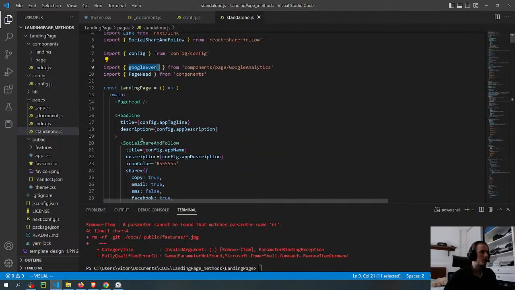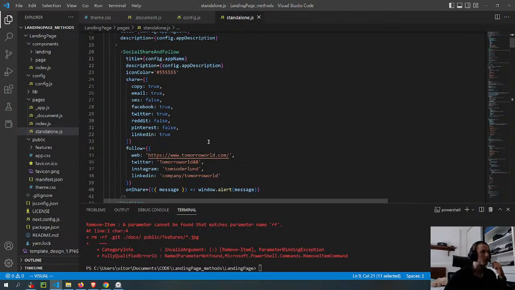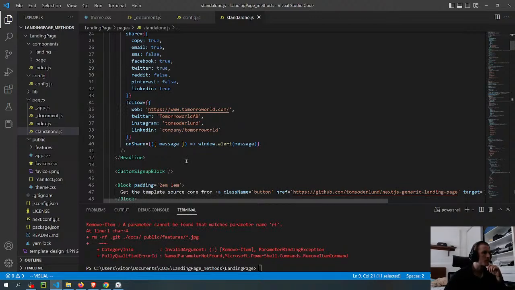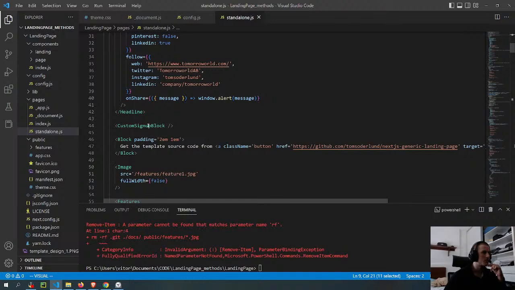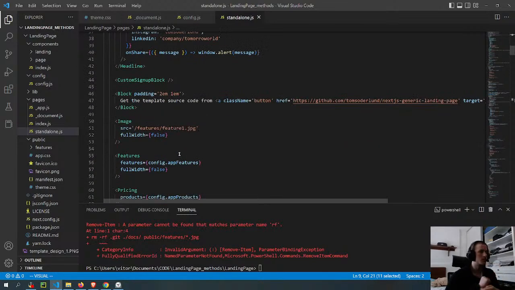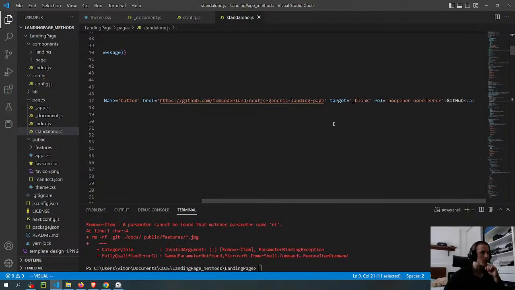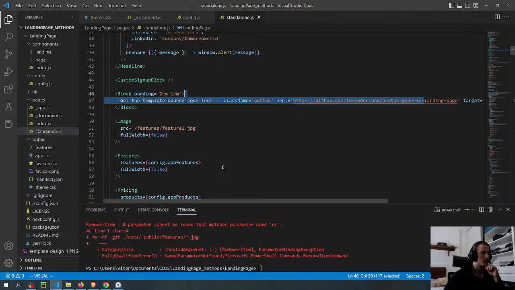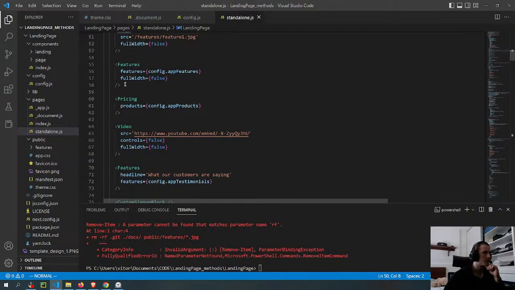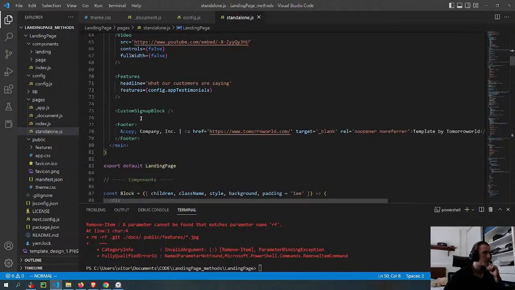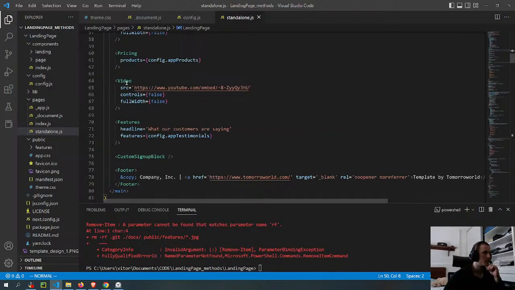I didn't know about this. There's a React component for the social media things, which is interesting. Yeah, I'm gonna delete this, obviously. This is also interesting to see.